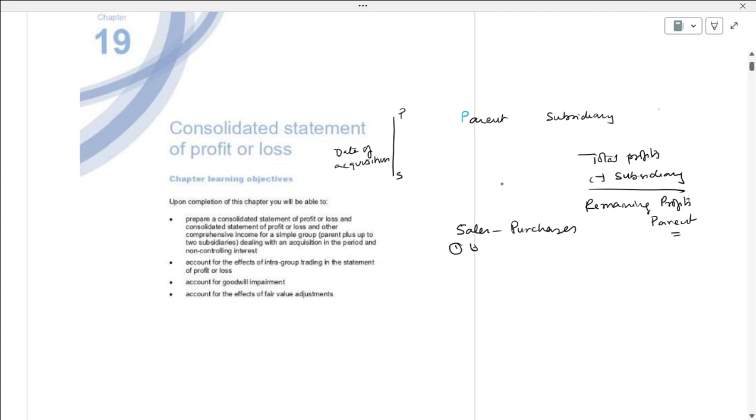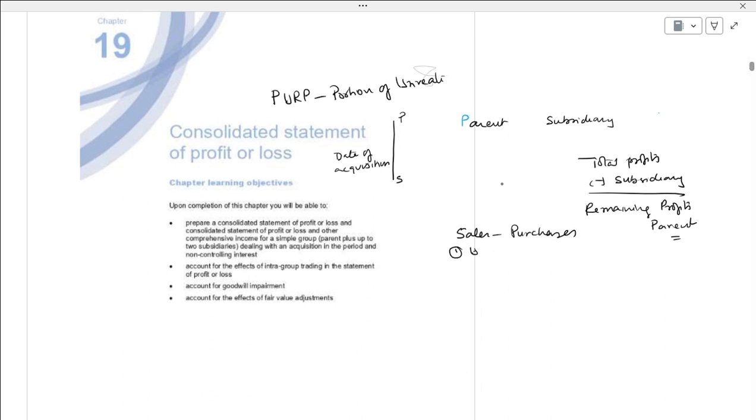There is one concept called PURP, portion of unrealized profit. Why? What is the concept of portion of unrealized profit? Because they will say they have sold goods, 100%, but